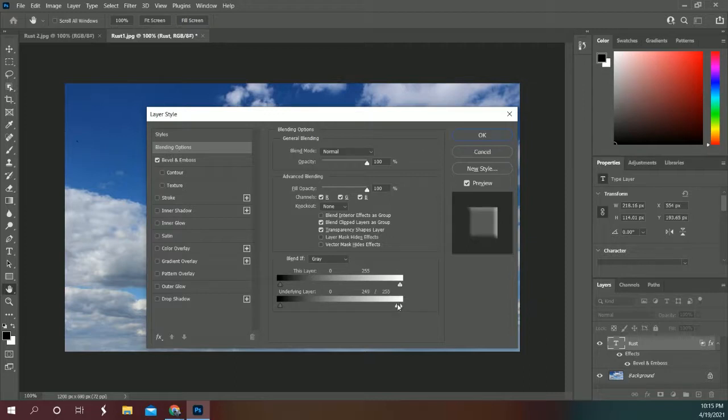Simple as that. A lot of people get this wrong: they move this slider first and then press Alt, and they go, oh, it's not working. There's a reason for that. You press Alt first and then you split it. So let's go all the way around. Let's say 163 maybe? Yeah, let's do 163 and